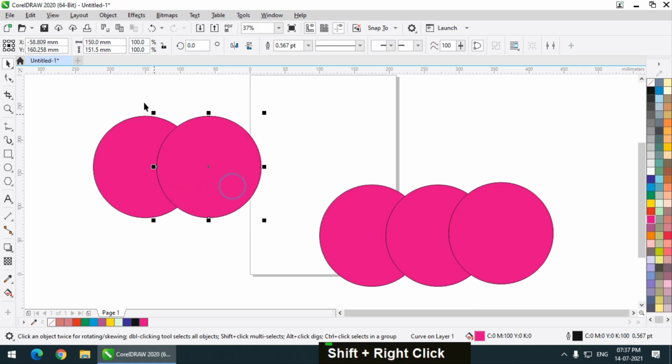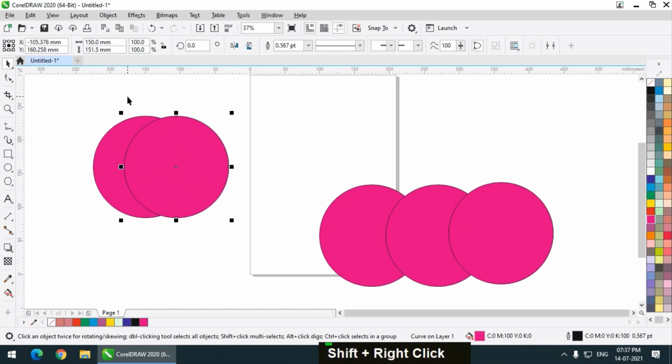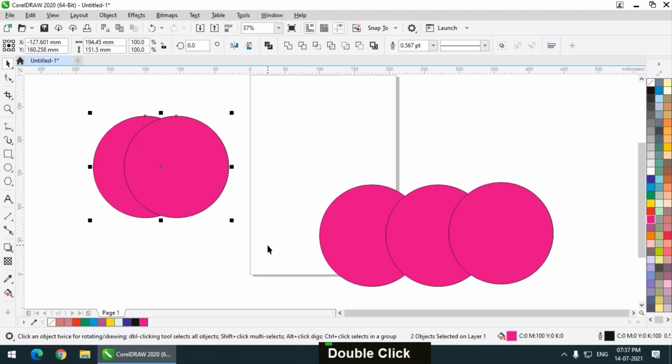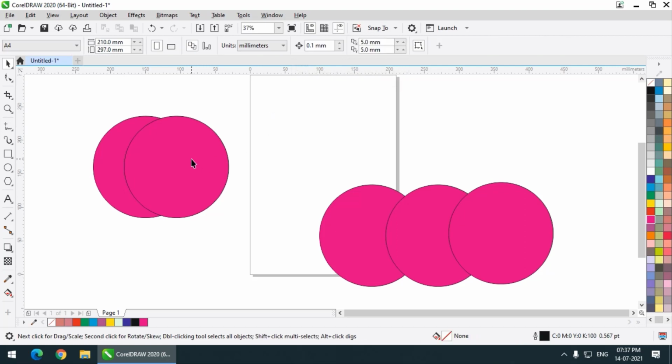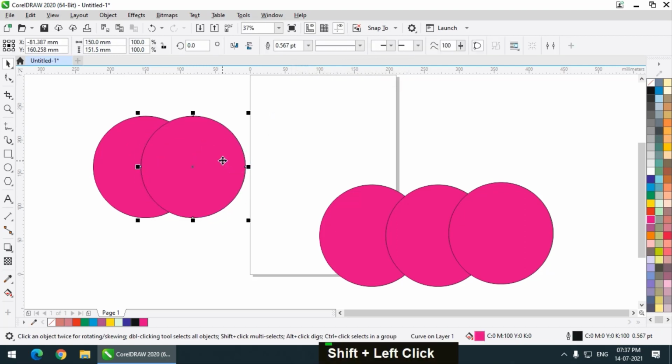Again when I select and if I want to trim the bottom object, the object which is present at the back, then I can simply use trim. Now before that we also have the weld option. Using that we can simply merge two or more objects like this.